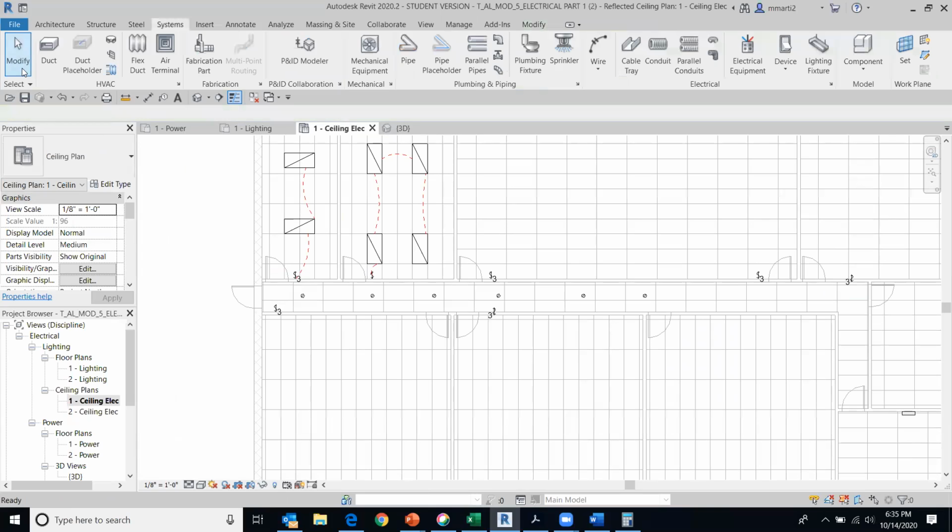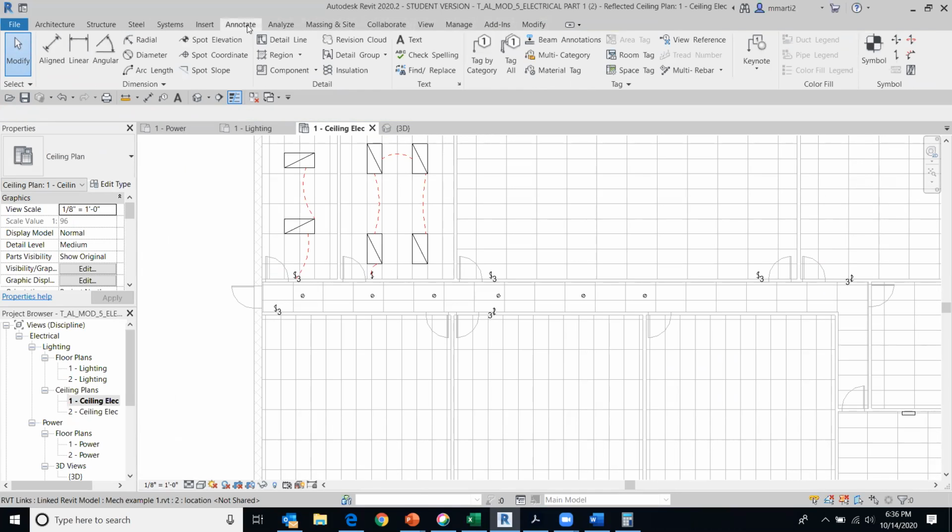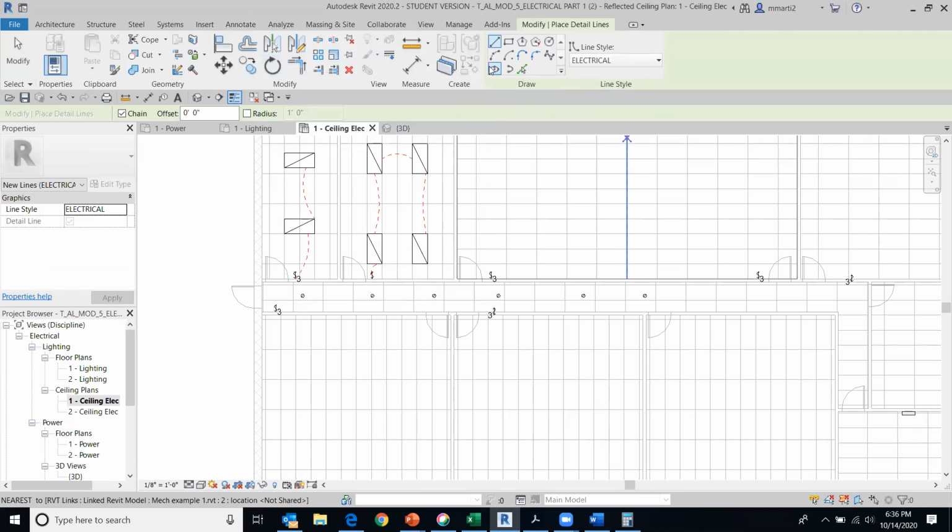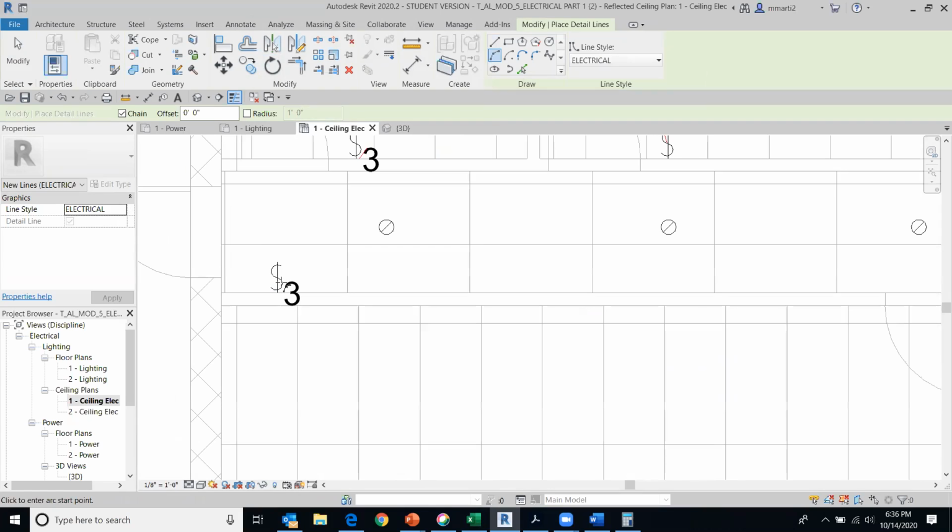So to start my electrical lines on here, I'm going to go to Annotate, Detail Line, set to electrical. I want to pick start end radius arc. We start at this switch,